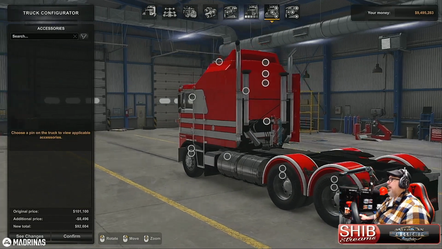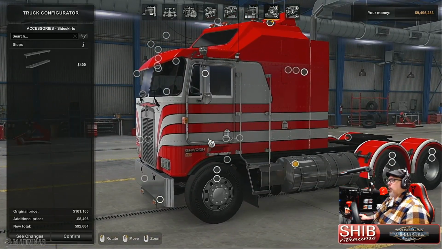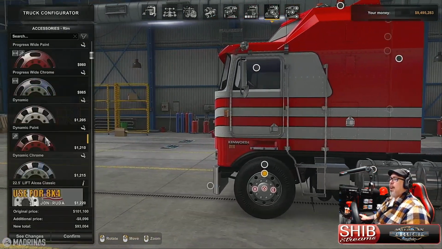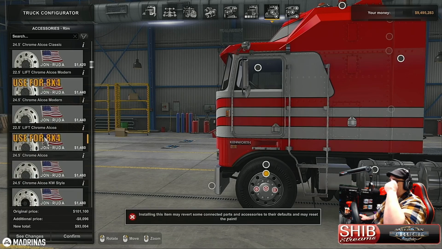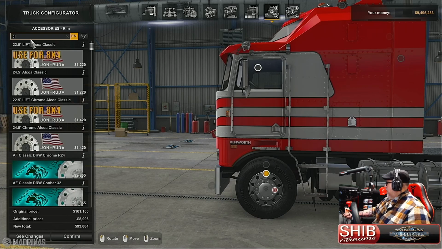And then if you do it that way, that's what gave me the double exhaust. And there we go. And the side skirts, you just put on some steps. So that is how I built it. And of course, you guys know me. I always use Felipe Conbar's rim pack. For this one, I went with a classic